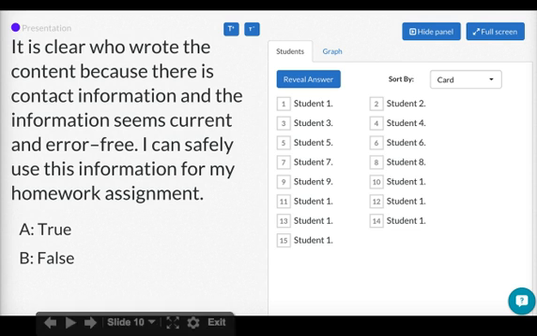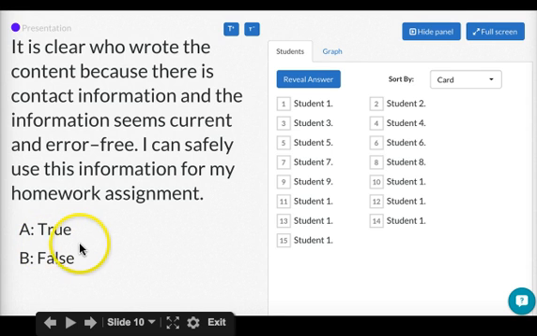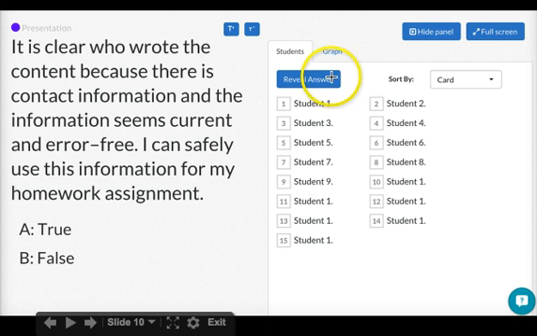And then here's another view of what it might look like as you're actually projecting your questions to the class. So you can actually prepare questions in advance. Here's a true-false one, so students would hold up their card to display either A or B. And over here, you can see that I can see exactly who's answered because the squares will light up or become highlighted as soon as they've answered.